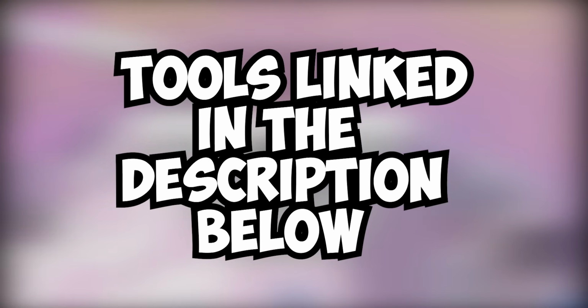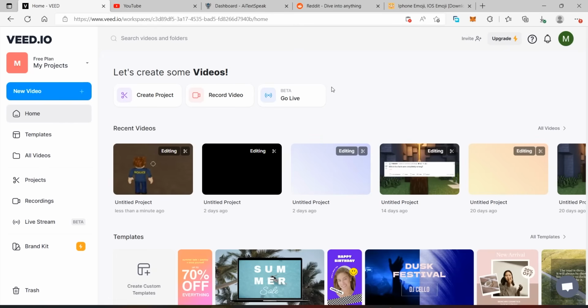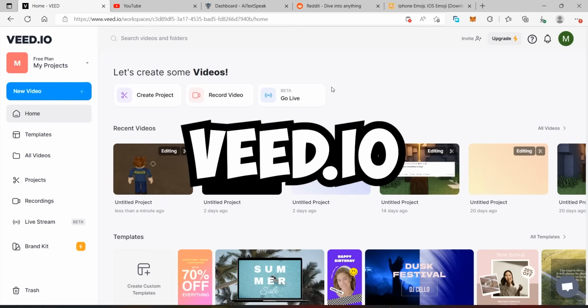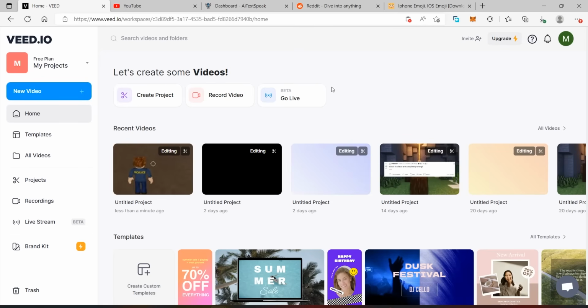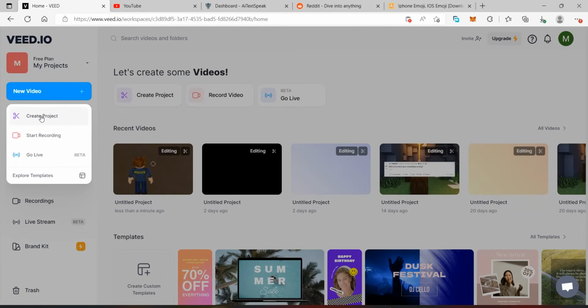The first step is getting a video editor. In this video we are going to be using Veed.io. This is an in-browser editor, meaning you don't have to download the software to edit. So the first thing we're going to do is go to New Video, Create Project,